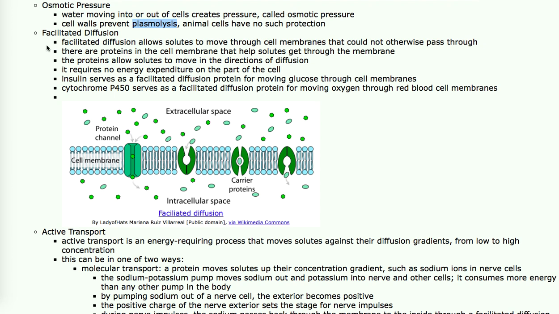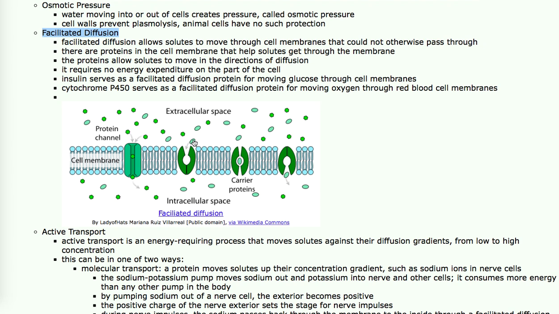Now, besides water, other things have to move in and out of cells. A lot of chemicals move in and out by facilitated diffusion. That's because cells have proteins in the membrane that create channels to allow chemicals to move in and out. There are channel proteins, and then there are carrier proteins. This is a carrier protein, and this is a channel protein. Channels are just tubes. Carriers are actually interesting. They're actually a cup